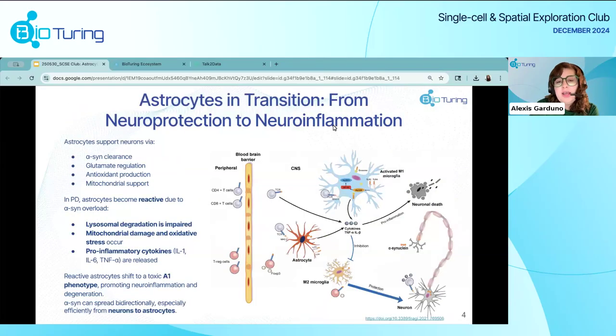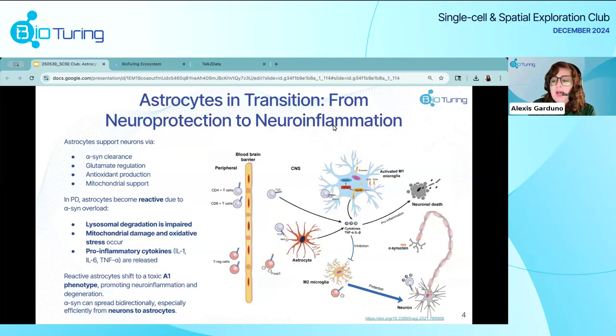Okay, so another side of it as well is really understanding how astrocytes transition from being protective, so neuroprotective, to leading to neuroinflammation. These specific cell types are quite interesting in the way that they transition between different functional roles, and it really depends on the disease context as well as what cell types are involved within